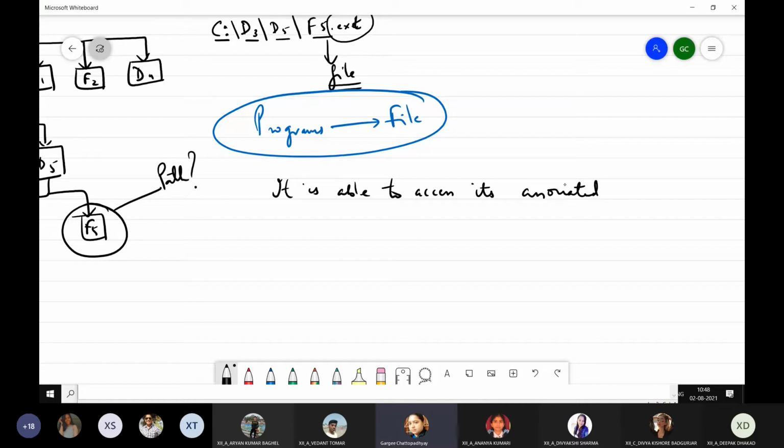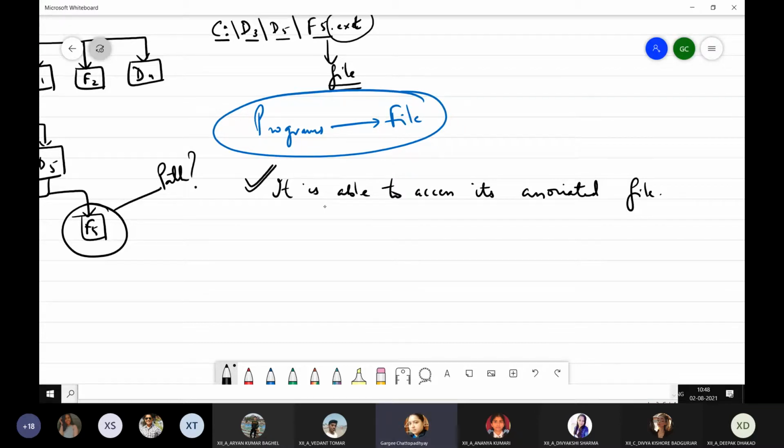A program will be able to run successfully only when it is able to access its associated file. प्रोग्राम में जो फाइल बन रहा है या जो फाइल प्रोग्राम रीड करने की कोशिश कर रहा है वो फाइल कहाँ पर है. So if the program is able to access the file, your program will run successfully, right?